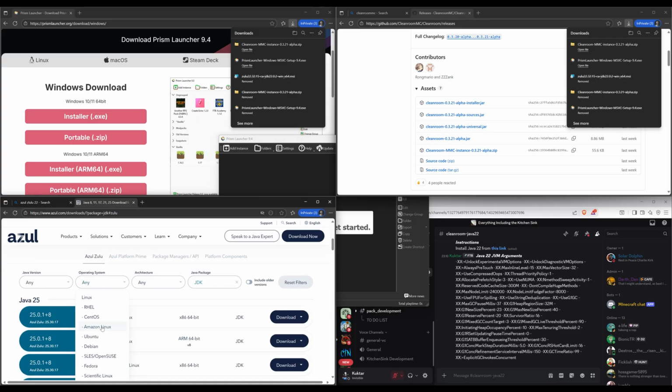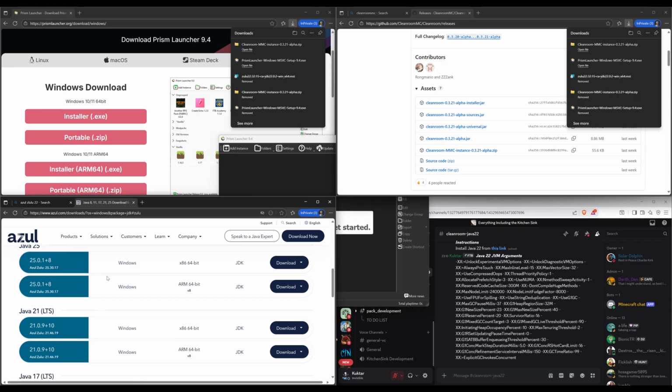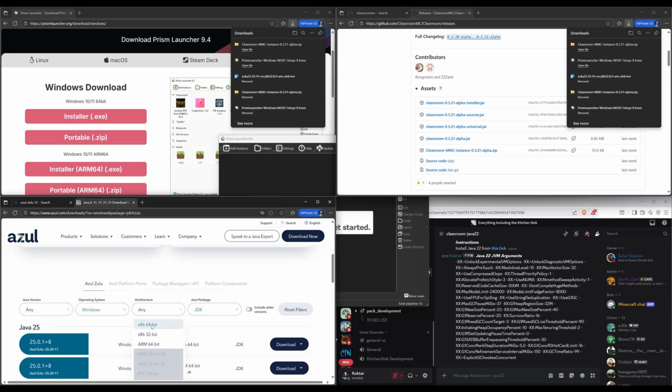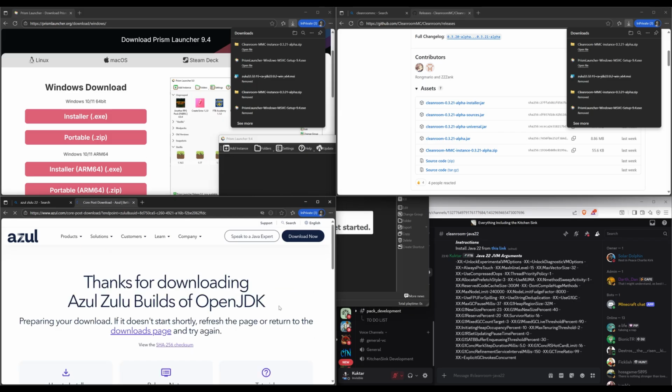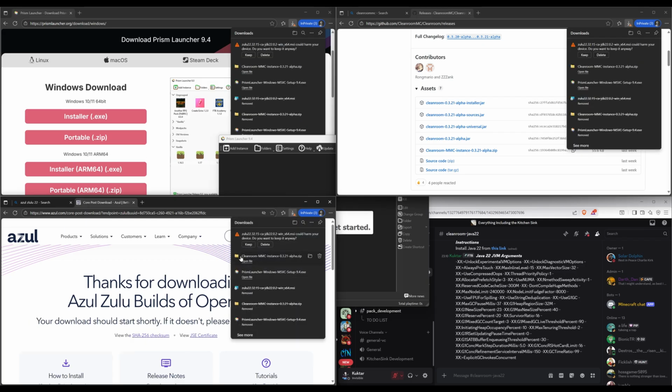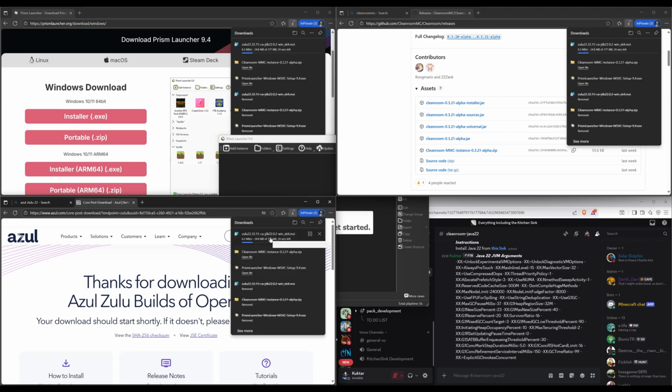You're going to select your operating system. In my case, I'm on Windows still. I'm going to select 64-bit. I'm going to include older versions. And then I'm going to select Java 22. Once I see these pop up, I'm going to download the newest version. Once that is done downloading, I'm going to run the file to install,